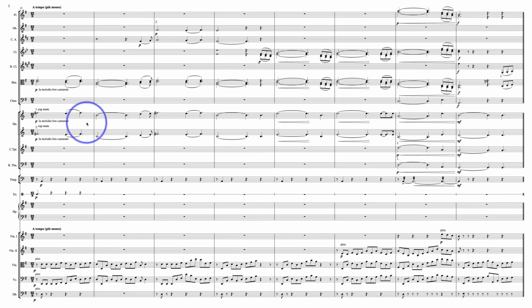Okay, so now this next page, which I just found so charming and so cool. All right, so here you've got cup mutes. There's a little discussion in the Orchestration Online group right now, and that is that there is a closed and open position for some cup mutes. So I brought that up, and a lot of people are saying that their default is to have a closed cup mute, and I've actually seen a few scores with the marking open or closed,